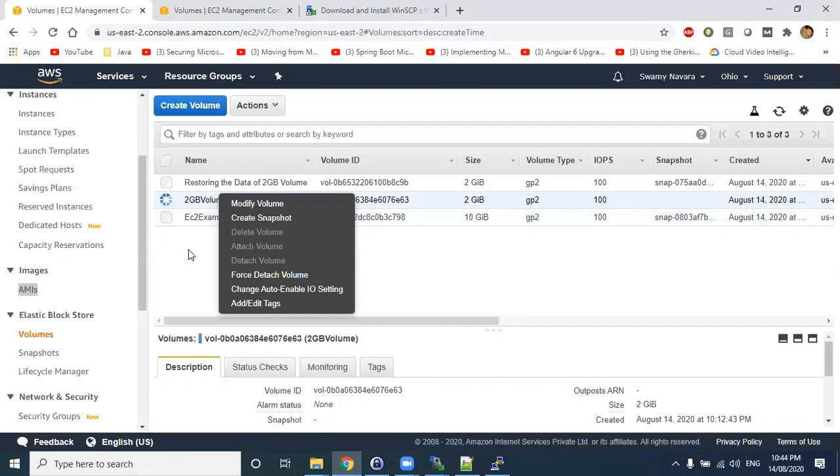So for example, you have a computer in your home, so you will have a hard disk, right? You can connect one hard disk to one computer at a time. If you want to move the data to another computer, you'll just remove the SATA cables connected to your hard disk, and you'll move it to another machine, right? Same way here also, you can take the data and keep it on a new machine, but you need to attach and detach when you are doing that with multiple instances.